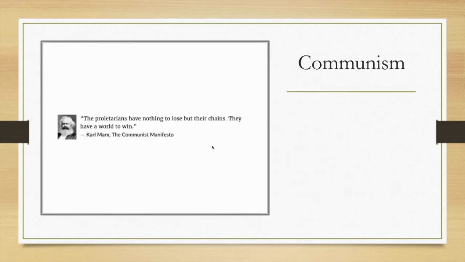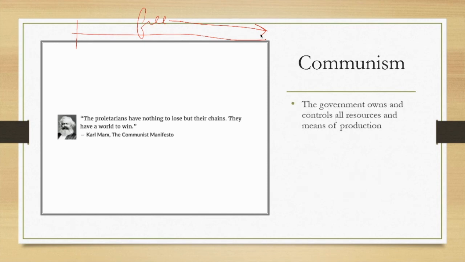So then another definition, or an economic system that falls under centrally planned, is communism. And communism, if you're looking at that free market spectrum, is going to be much further over to the left, and of course, free is furthest to the right. So Karl Marx, who is considered the father of communism, just like Adam Smith is considered the father of capitalism, was really about this idea that if the government controls and owns all the resources and nobody can really take advantage of those resources, then they can equally distribute those resources through answering the three key questions.